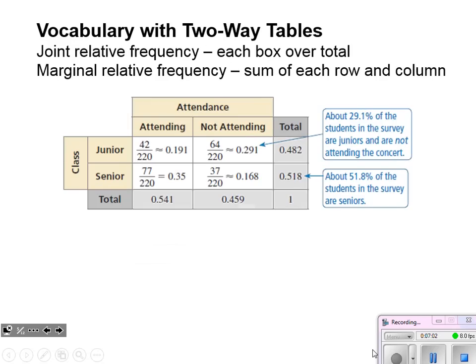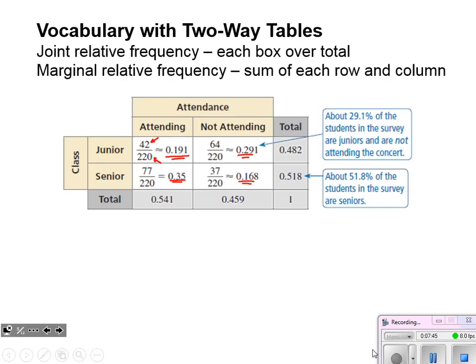Now we can also allow our table to tell us even more. We had talked about in our introduction with the Venn diagram how that puts the sample space right there in the diagram for us. We can actually do that with each individual box. Since we have the sample space, and here's an example of adjusting this attending or not attending for juniors and seniors, by having a joint relative frequency, all we're doing is taking each individual box that we had before and putting that over the sample space to get a number between 0 and 1, a relative frequency for those occurrences in each box. Okay?